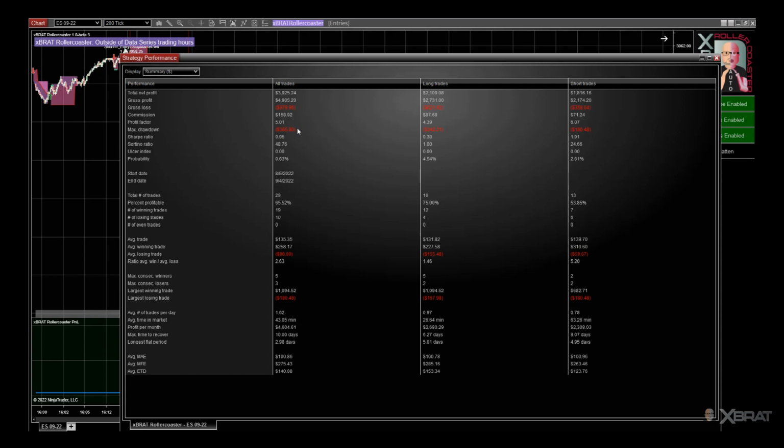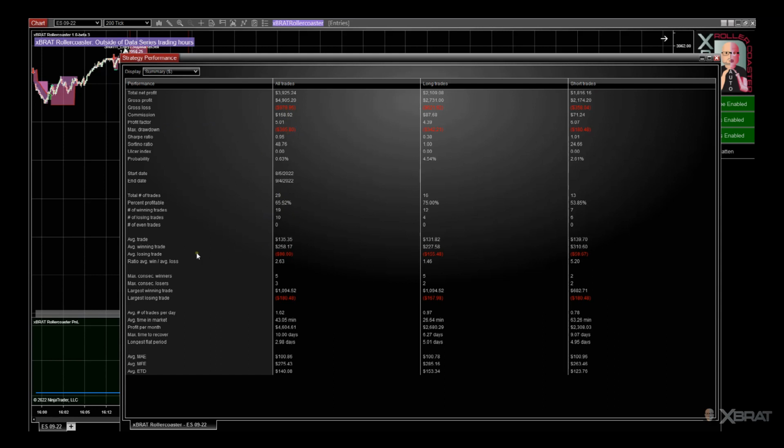So sometimes you think, I've just got to adjust that max loss. Actually, it's the max number of winning trades per day. In this case, we've refined it. We've gone through the process. So now the max drawdown is more acceptable to me. We've got less trades. There's only 29 trades. Win rate is